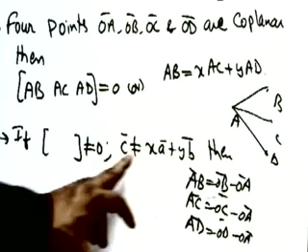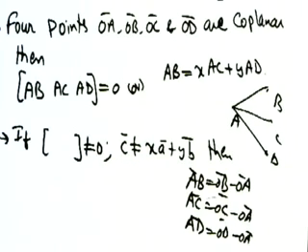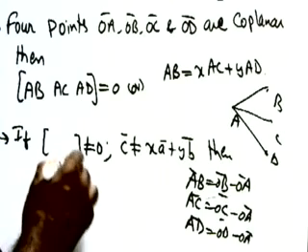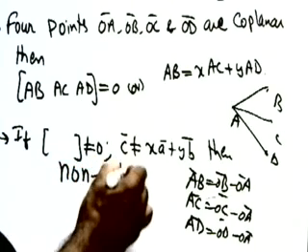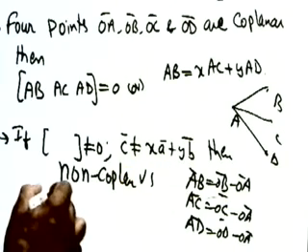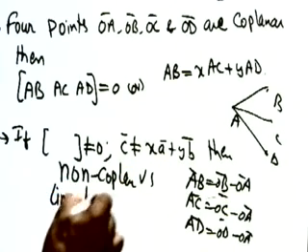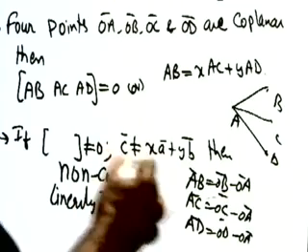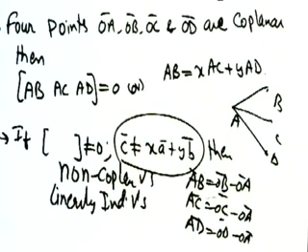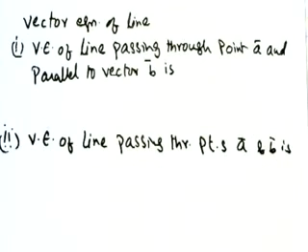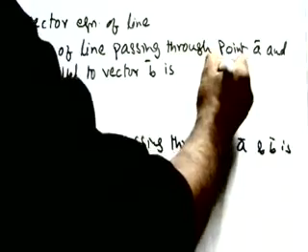If you go into the questions, you'll see how we find the box ABC. If this determinant value is not equal to 0, then we say these are non-coplanar vectors, or linearly independent vectors. If vector C cannot be written in the form x into vector A plus y into vector B, or if the determinant box ABC is not equal to 0, then these are non-coplanar or linearly independent vectors. Now, for the equation of a line in vectors, we are having two formulas.